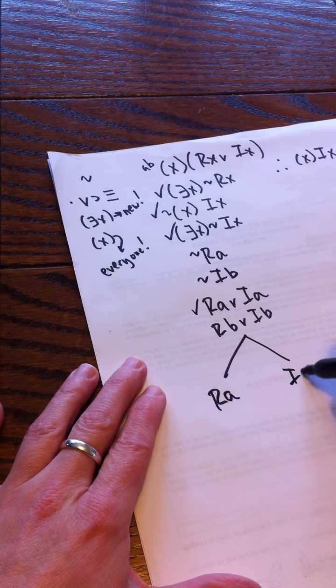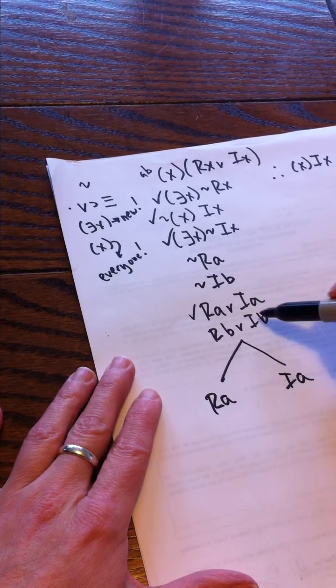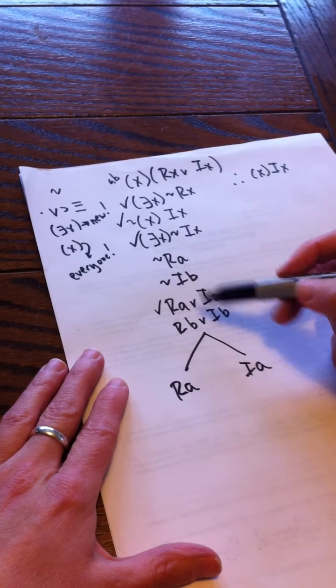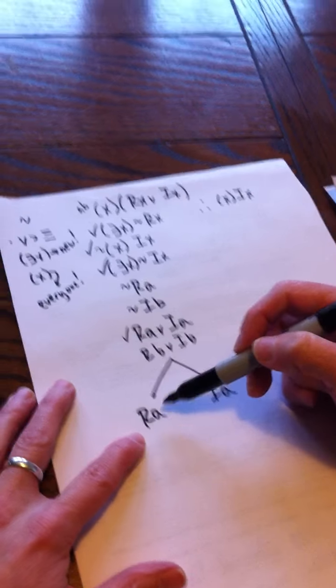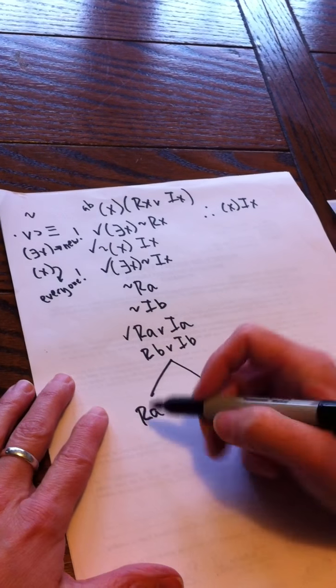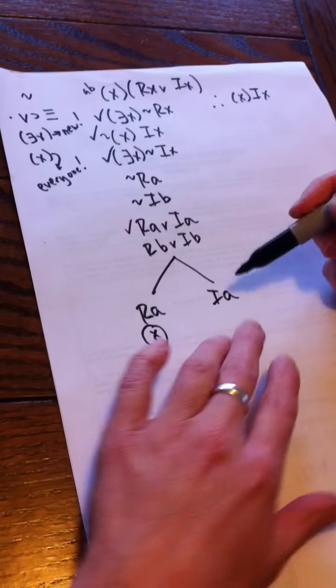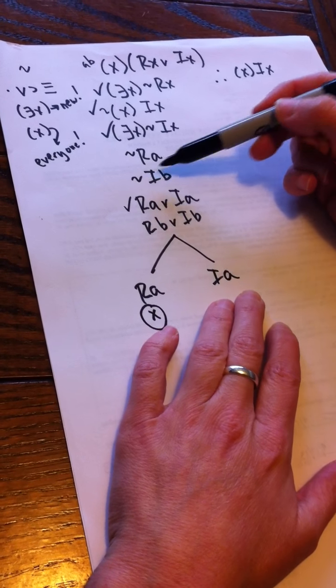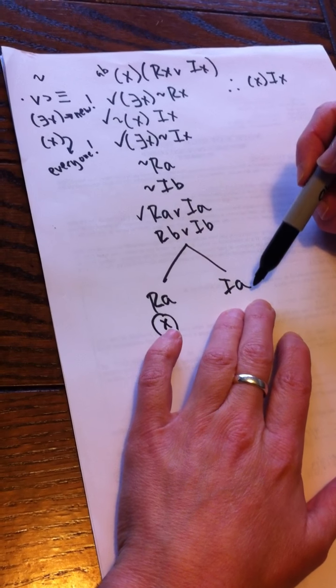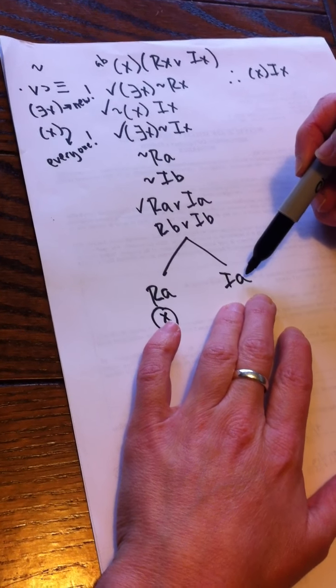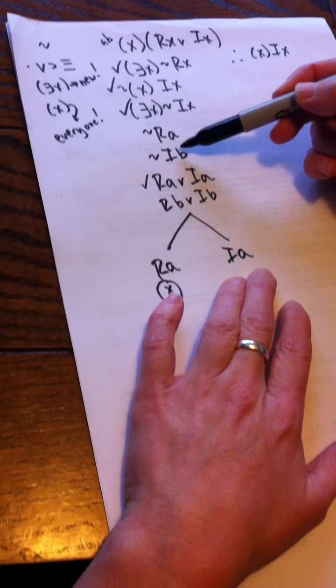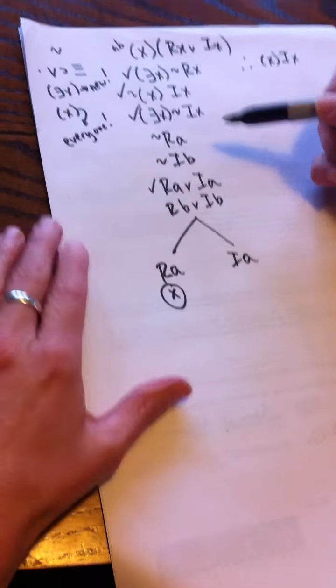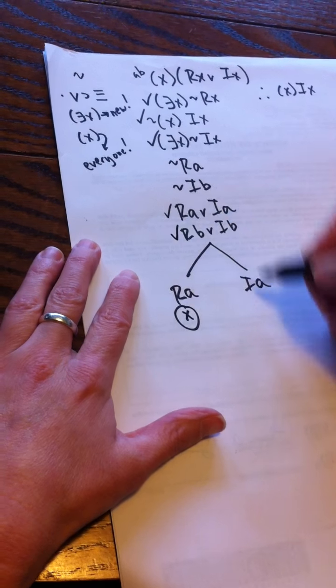Each disjunct goes on its own branch. So I've done that one, and now looking up, I've got RA and I've got tilde RA, so that one closes. And I've got IA and tilde IB. That doesn't close because they're not the same. If this had been a B, then it would close. But they don't close. So now I can do this wedge,